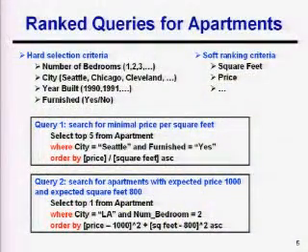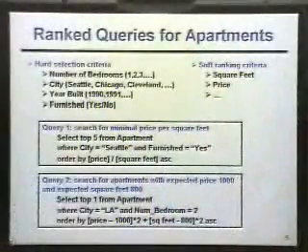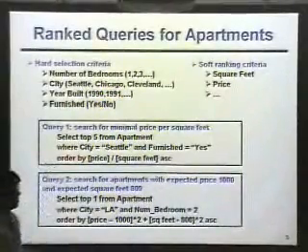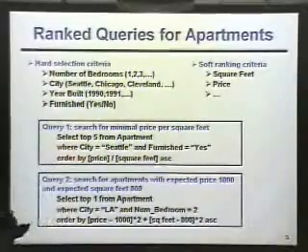So let's look at the problem in more detail. We do have some hard selection criteria: I want an apartment in Seattle, I want a 2-bedroom apartment, I want the apartment to be furnished. And we have some soft ranking criteria. I do not know how cheap it is, but I want it as cheap as possible. So this is the query I submitted in the previous slide, and someone else probably wants different criteria. That means the cheaper apartment is probably not of that good quality. They have some expected price like 1,000, they have some expected square feet like 800, and they have this kind of query.